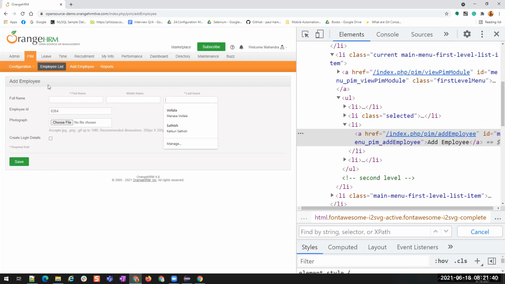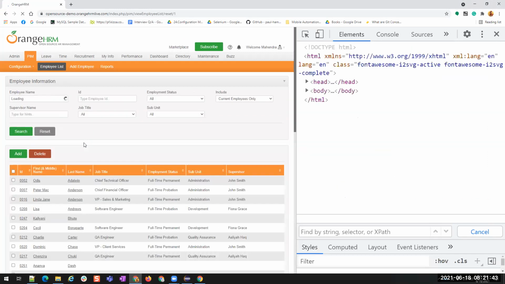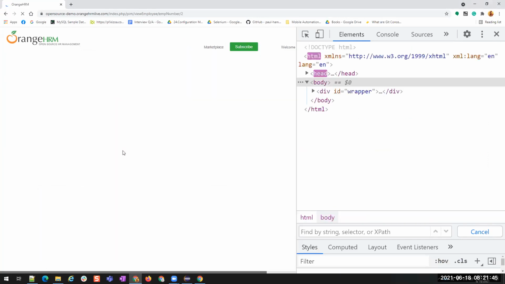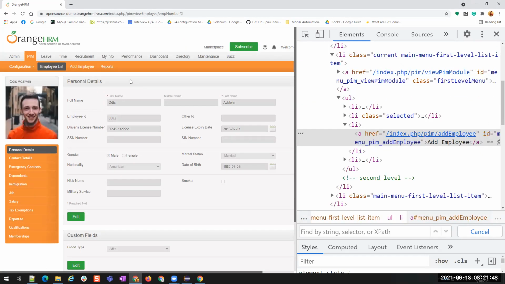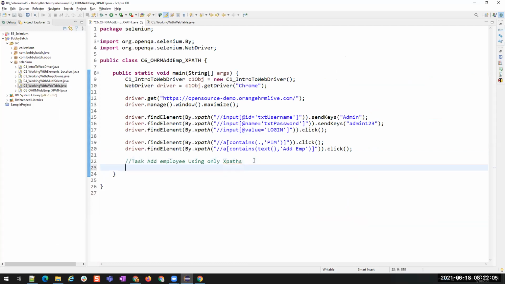Now the task for you is to, using XPath, find the elements of first name, last name, and click on save button. Once you clicked on the save button, you know, right? It will be displayed like this. Once it is displayed like this, now go to the first name, last name, get the text from first name and last name, and then verify whether the text that you entered is matching this first name and last name. Okay. Using only XPath, verify the added user FN and LN are same as here. This is the task file. Will you do it?